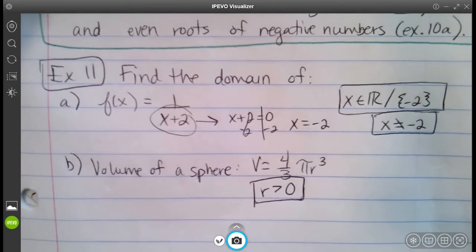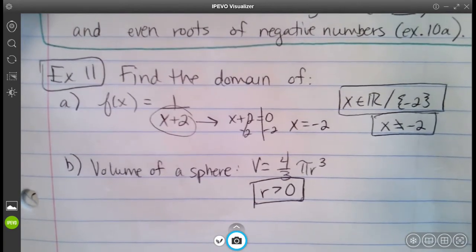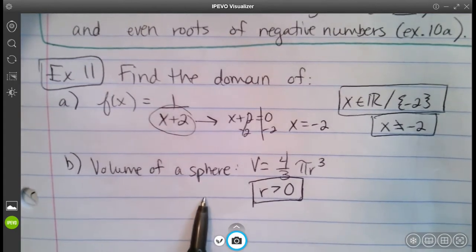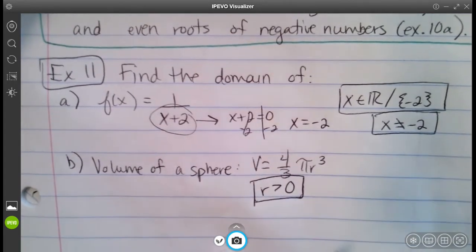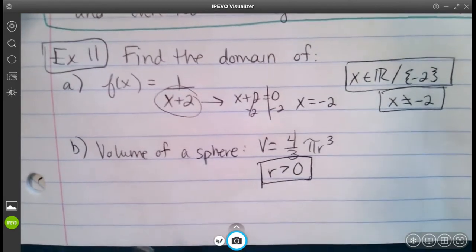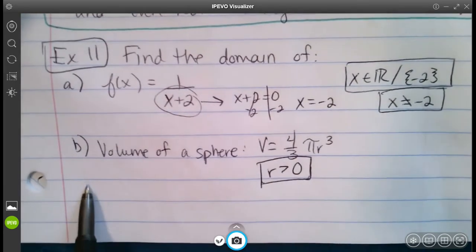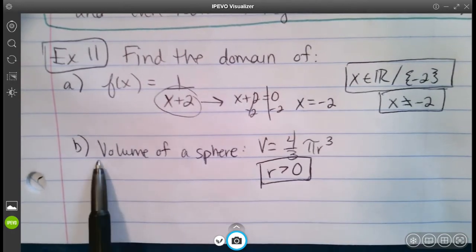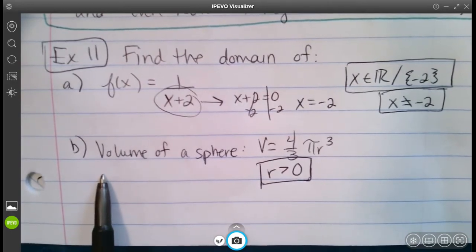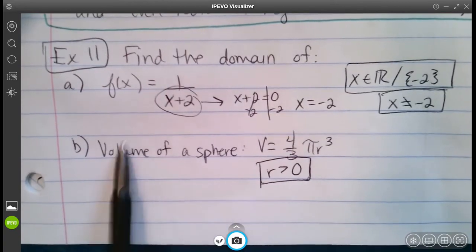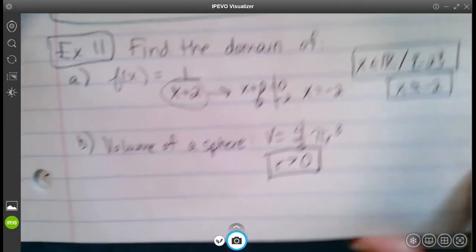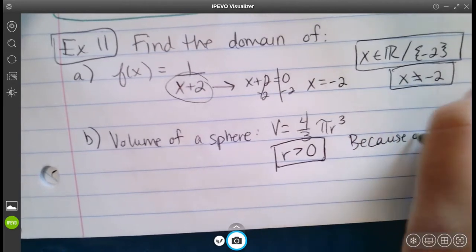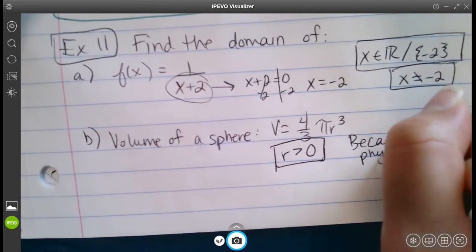Because in this one, we want to think about the physical context that we're given. It's telling us the volume of a sphere. You can't have a negative radius. That would not make any sense. Graphically, when we draw circles and stuff, you might see them using the negative numbers, but we weren't actually speaking about the physical context of it. So for this one, you can go ahead and write this. Because of physical context,